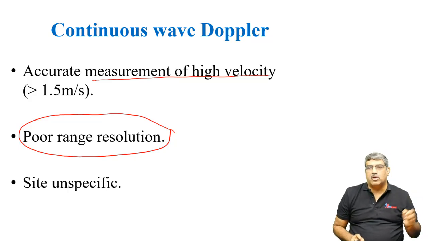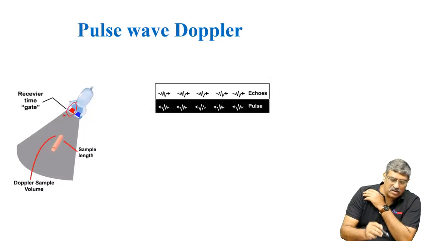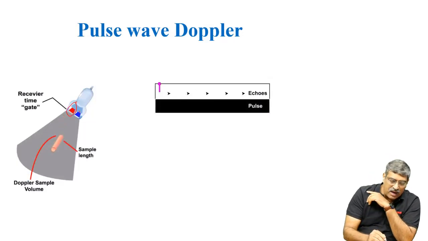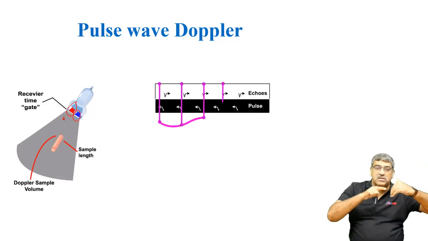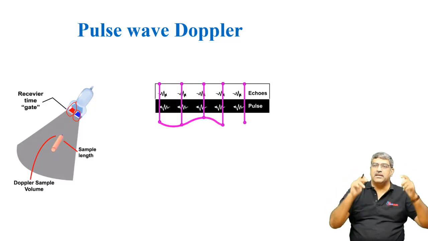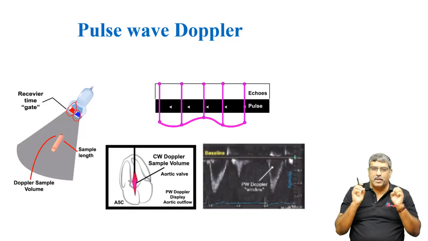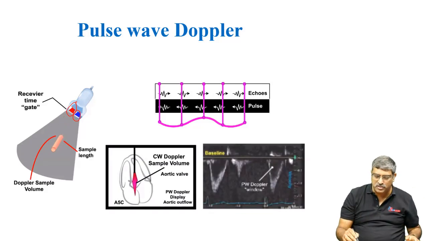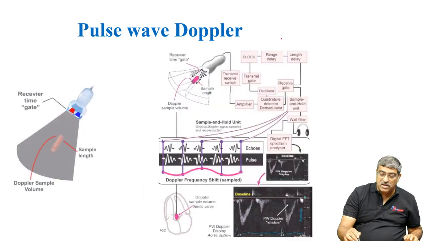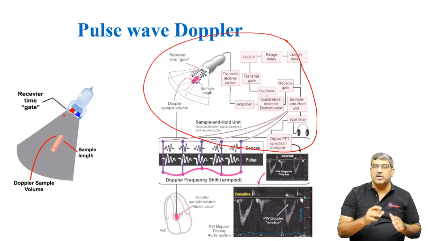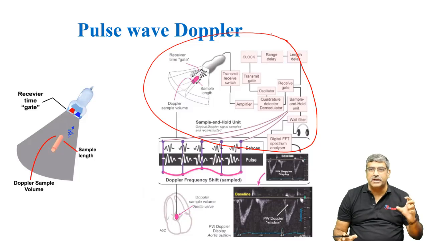Now coming to a more complicated Doppler, that is pulse wave Doppler. Here you have two piezoelectric crystals. One emits a sound and another receives this sound. One sends it, and once a signal comes back only, then the next wave goes in. So a lot of complicated terminology like pulse repetition frequency comes into picture and you get an image. Here it undergoes a series of 14 steps. In continuous it is only 7 steps, but in pulse wave Doppler it is going to be 14 steps until